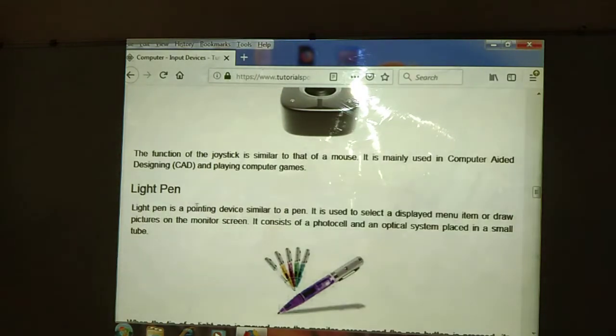Light pen is a positioning device similar to a pen. It is used to select display menu items and draw pictures. It consists of photocells and optical systems placed in a small tube. In the light pen, photocells are available and the optical system is placed in a small tube.